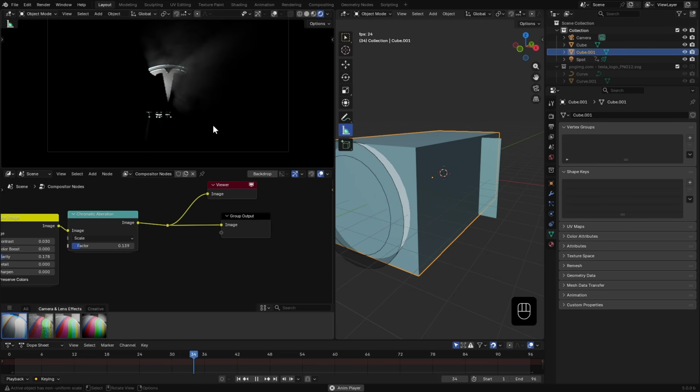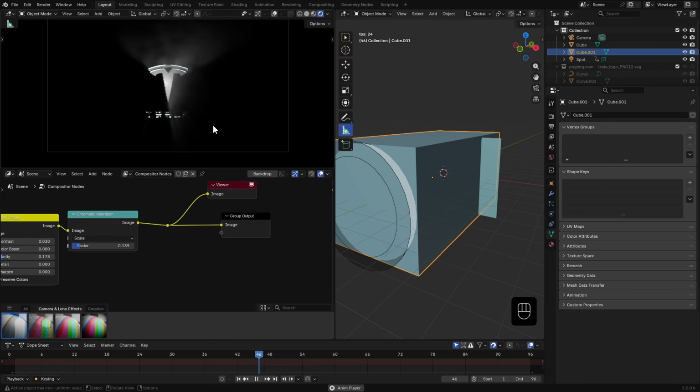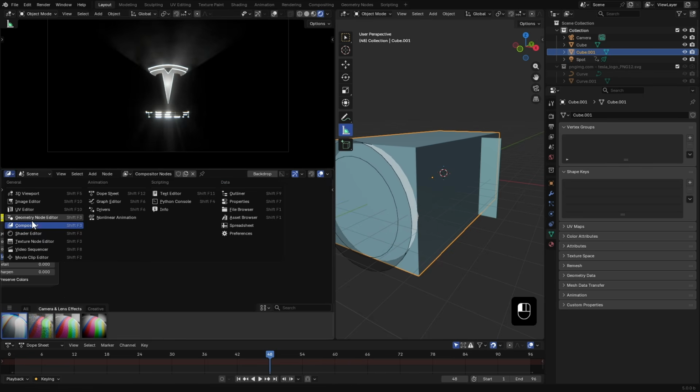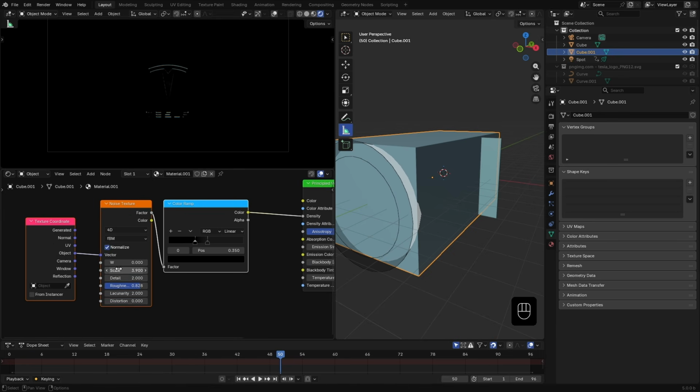But right now, the volume we have here seems fixed. Let's give it some life. So back in the volume cube material, change the noise texture to 4D. Then in the W input, I type